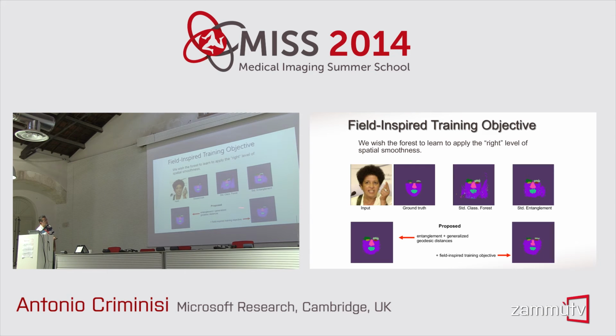Unfortunately, again, the image is not particularly clear, but what we try to show here is that if we use just entangled trees with geodesic transformations, we get decent results, but we get even better results if we change the energy function that we minimize during training a little bit. Rather than using straightforward information gain, we use an information-gain-like energy function, which has also been informed by the imbalance of the original classes.